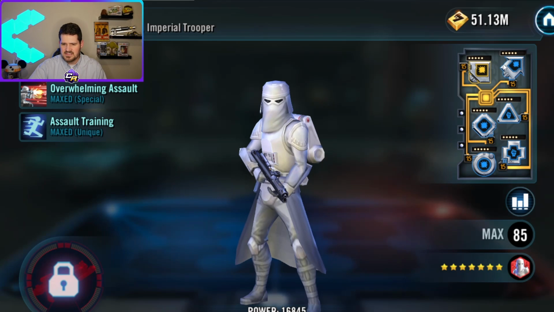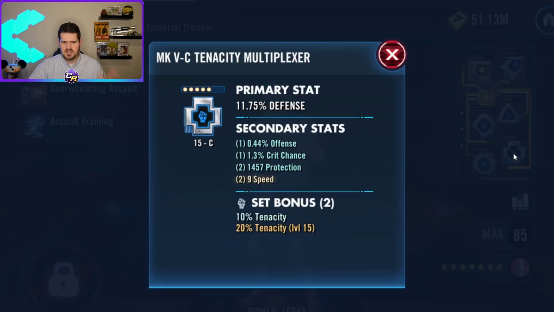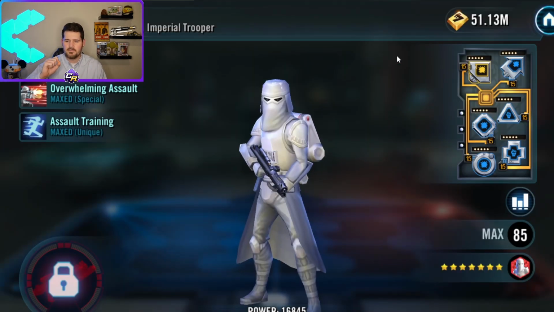Snow Trooper, actually looking okay. He's got an offense set which, different from Death Trooper and Iden, is actually what you want. Protection is probably ideal over health, so that's looking good. Don't need massive speeds on this guy. I do want to put a little bit more of a focus on offense, and the reason why we have more of a pull to offense on him than we do for Death Trooper and Iden